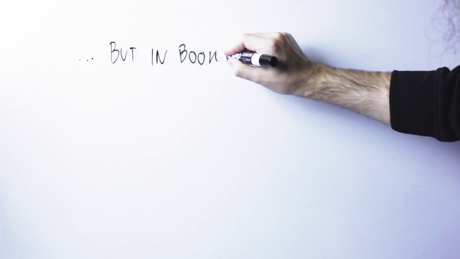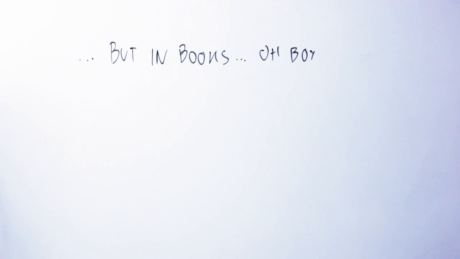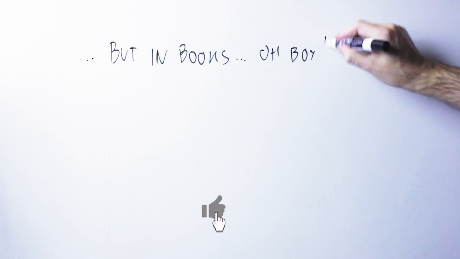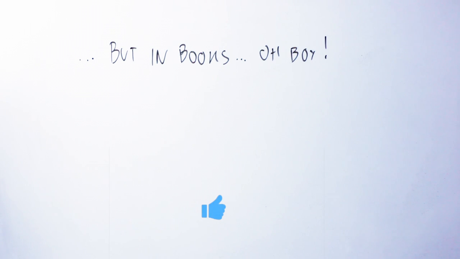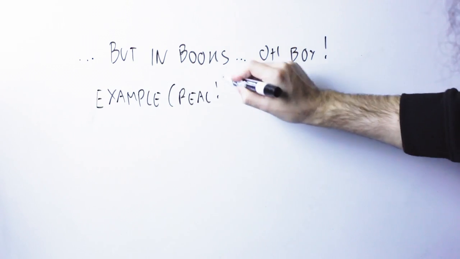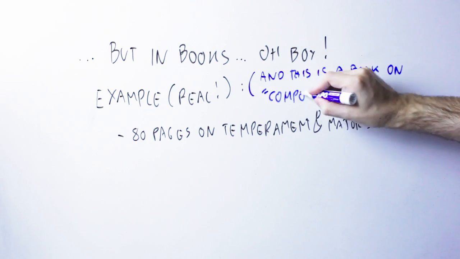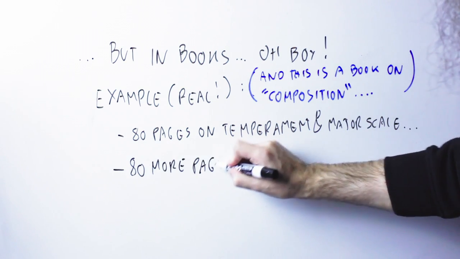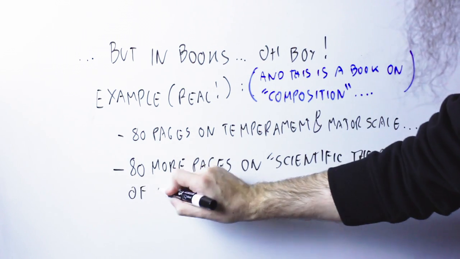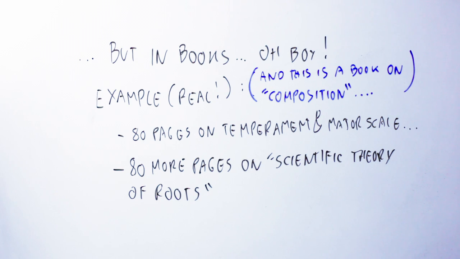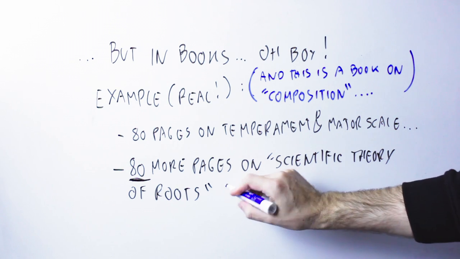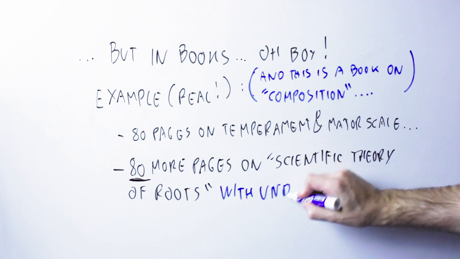I was reading a music theory book, and I'm not going to say the name of this book, because honestly, I know half of you are going to go and buy it, and you'll see in a moment why you shouldn't do that, okay? In this book, the first 80 pages were about how to build a major scale starting from first principles, like temperaments, frequencies and stuff. And then another 80 pages were about finding a scientific theory to find the root of every interval. And the guy spent 80 pages explaining this theory using the undertones,